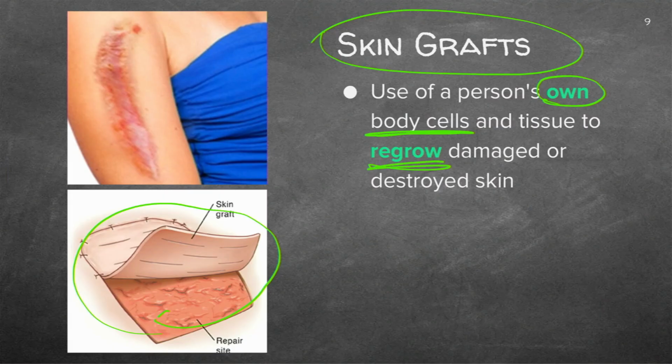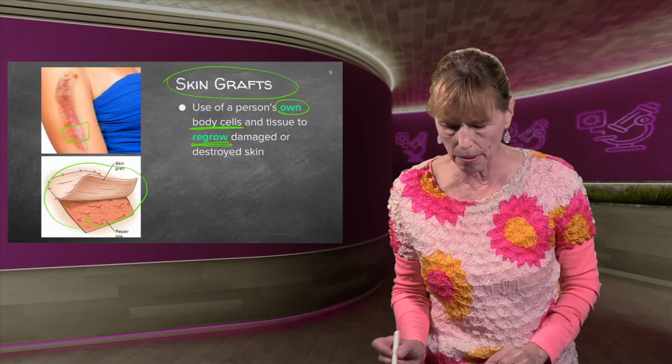So it is literally, once again, manipulating nature, because your body will not be able to fix this by itself. You need something from outside. So it's manipulating nature by using biological products, manipulating them to our own benefit.